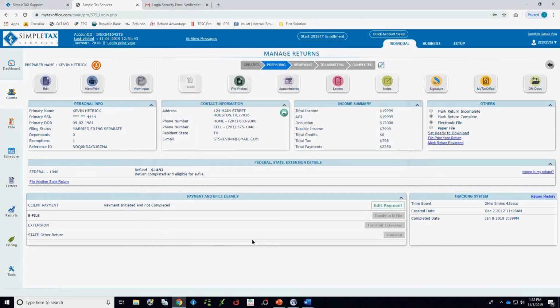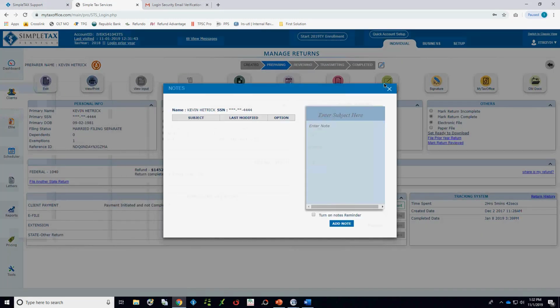Okay. The last thing that I want to point out is this notes section. I have found this to be an extremely helpful tool in staying compliant with EIC. When you have EIC, and I really just say due diligence requirements because that applies to EIC, child tax credit, head of household filing status, and the American Opportunity Tax Credit, this is a great place for you to enter the questions